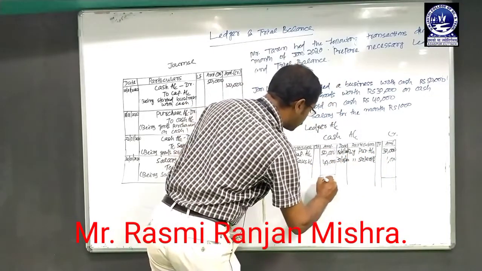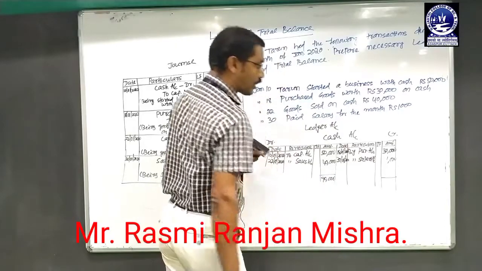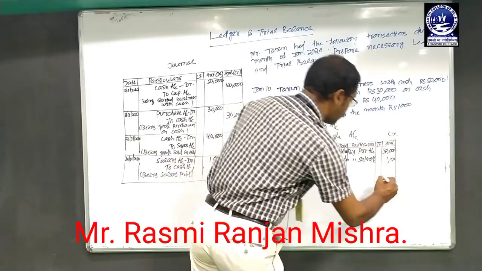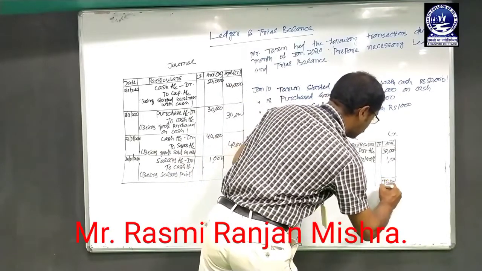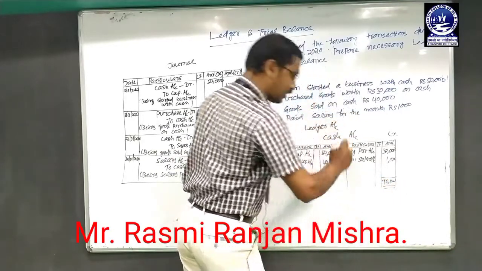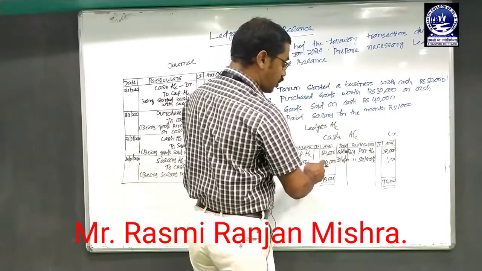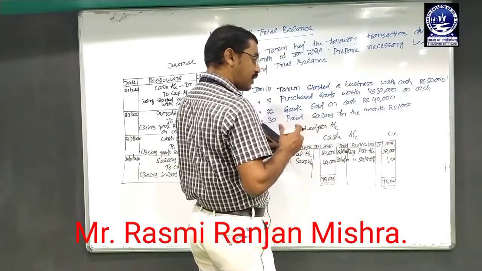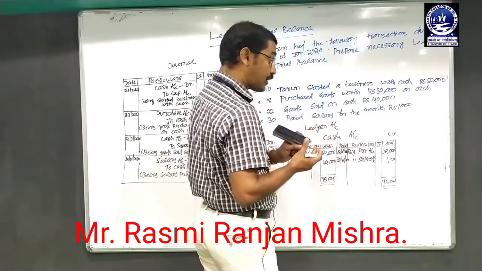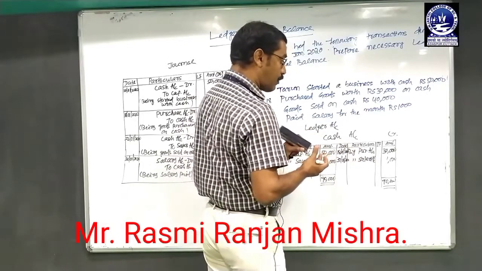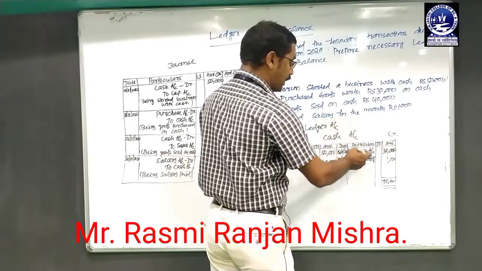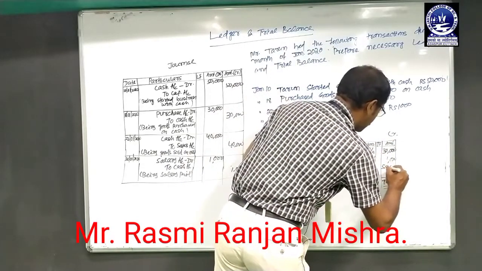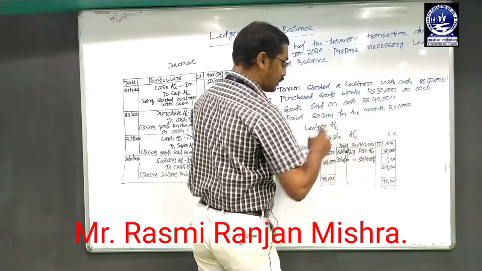So debit side total is 90,000 and the credit side total is 31,000. So put the higher amount on both sides. 90,000 is higher. We must put the amount of 90,000 in both debit and credit side. Then find the difference between the two sides. That means the debit total 90,000, credit total 31,000. The difference is 59,000. And put that difference, that means that 59,000 amount must be put on the lesser side. And the lesser side here is the credit side. And the difference amount of 59,000 was put on the credit side.